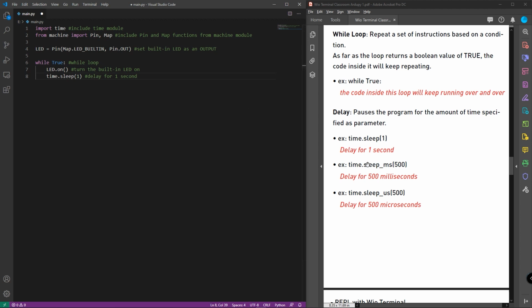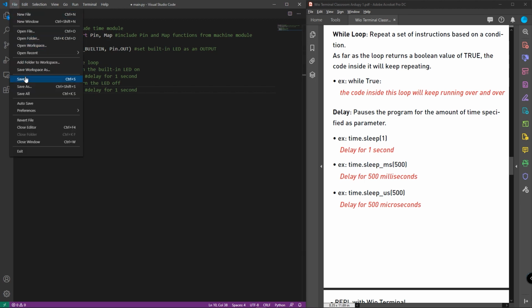If we write it as time dot sleep ms, it will be milliseconds, and if it's time dot sleep us, that means it's microseconds. After 1 second, let's turn off the built-in LED. So turn the LED off, and then let's add another delay here of 1 second. So now what we need to do is we just need to save this file, and